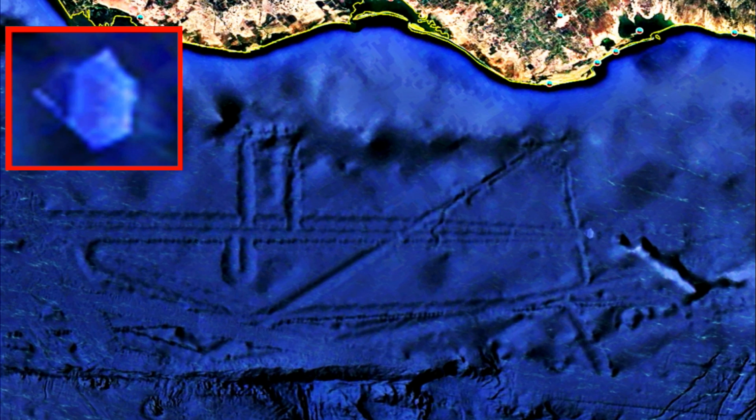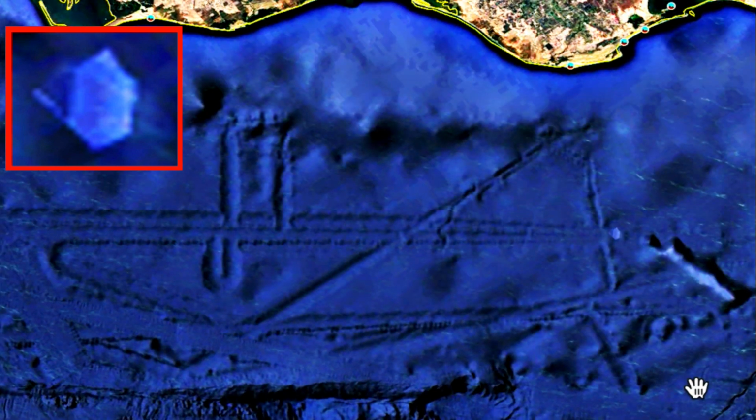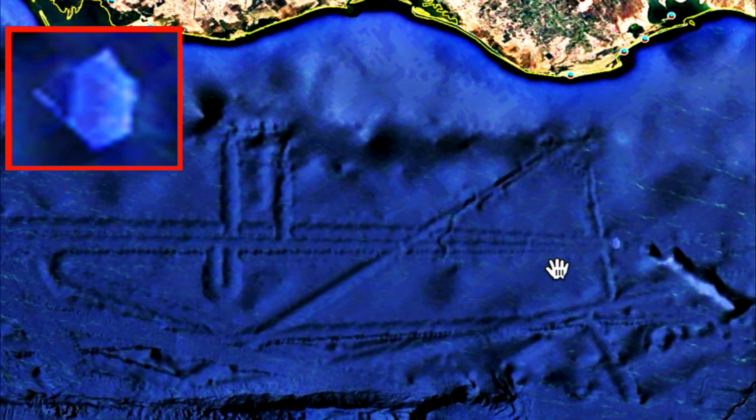This crystal here is just... What do you think? Is this the lost city of Atlantis? And is that the legendary blue crystal that caused the sinking of the entire city because it was overpowered? Or is this an alien underwater base? And that is a UFO. In my opinion, this is an underwater alien base that is like an airport where they take off and leave,